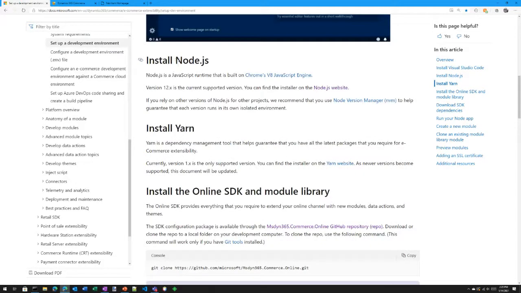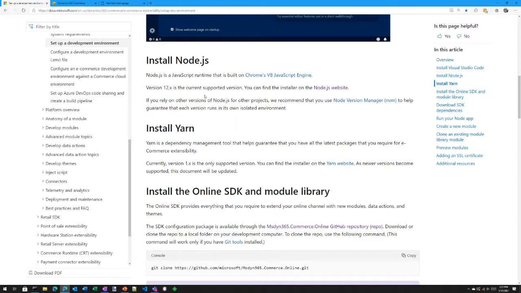And then what you'll need is Node.js. Node.js is a JavaScript runtime. What that allows you to do is as you're developing these modules and themes, it will allow you to see the end result. It'll also allow you to browse your website, but being rendered on your local site. And I'll be showing you how that can be done. So you'll need Node. And then last, as part of Node, to download our packages, like our SDK and our